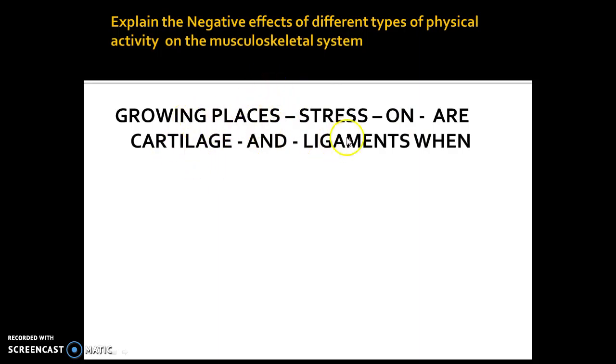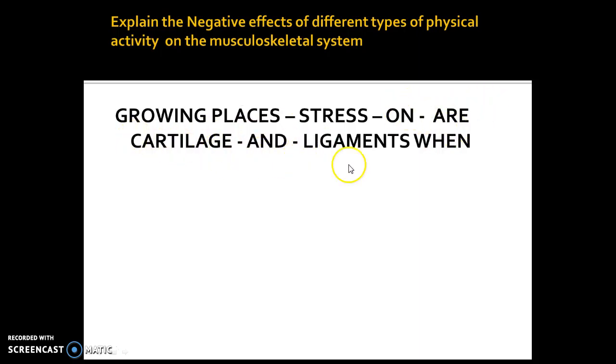Growing places stress on cartilage and ligaments when playing tennis or golf. I think I missed a bit off there. So when playing tennis or golf. Now that then directly translates, okay, so growing places translates to growth plate. Stress translates to stress fractures. On translates to osteoarthritis. Osteoarthritis refers to articular cartilage degeneration, so that's just to make sure that you can talk a